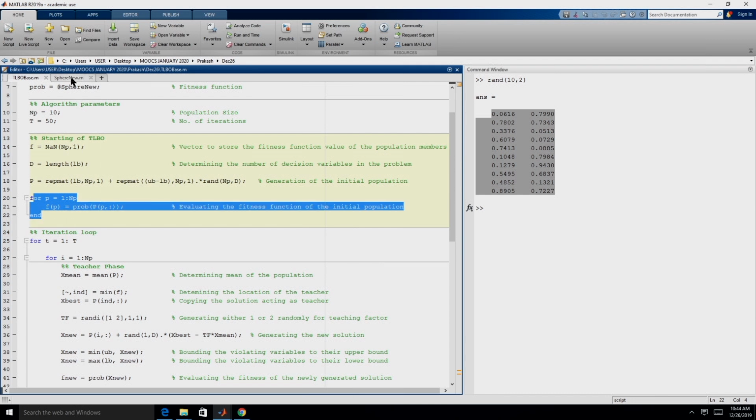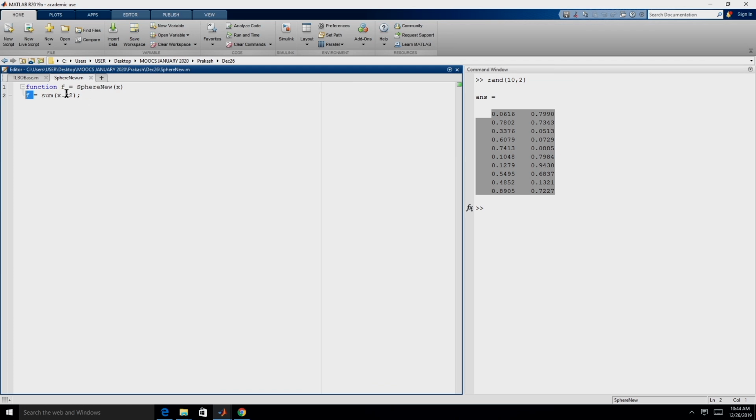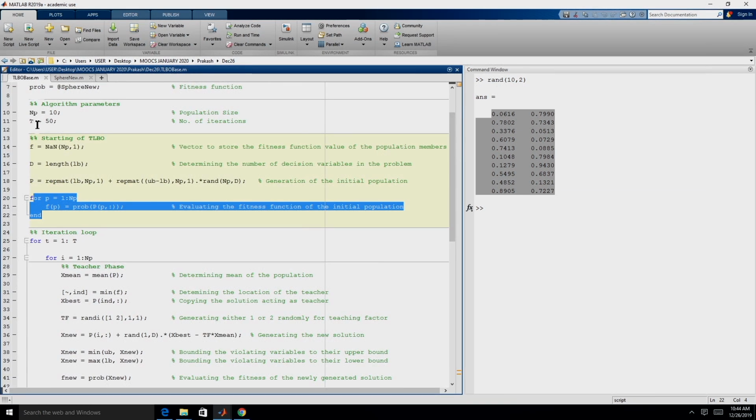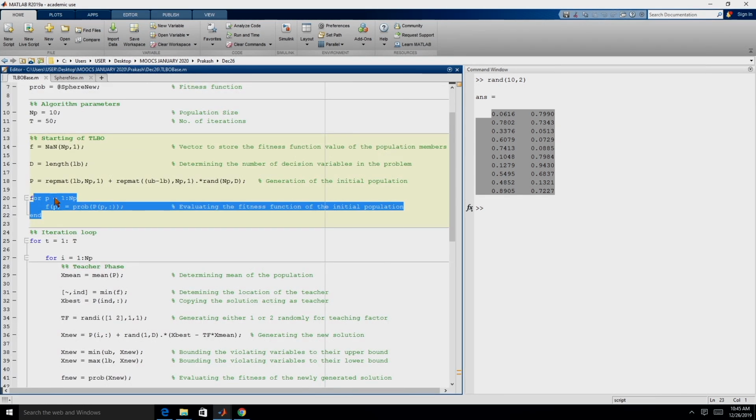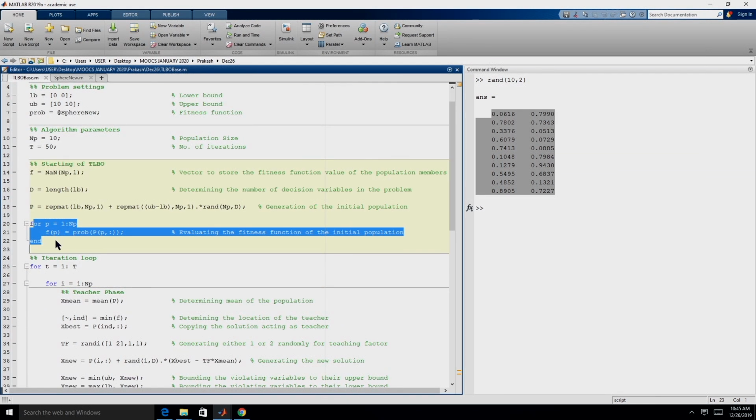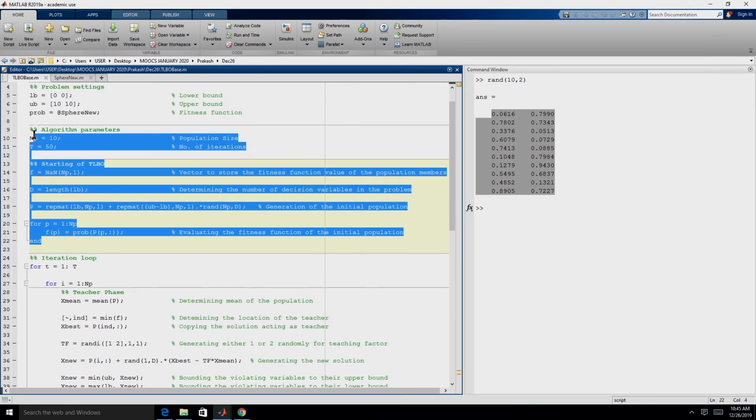But if you modify this objective function appropriately, then we could have sent all the members together and could have received all the fitness values together, but to begin with, we have not taken a vectorized function. This function is capable of receiving one member at a time and returning the fitness of one member at a time. If this function is appropriately modified, we could have sent all the population members and received the objective function values without the use of this for loop, right. So, that completes the initialization part, right.